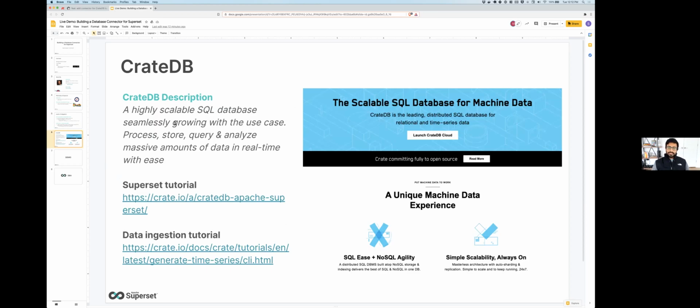Yep. So what we're going to be doing today is adding support for CrateDB. And this is a database I don't really know all that much about. You can read the description here. It sounds like a very interesting database project. And